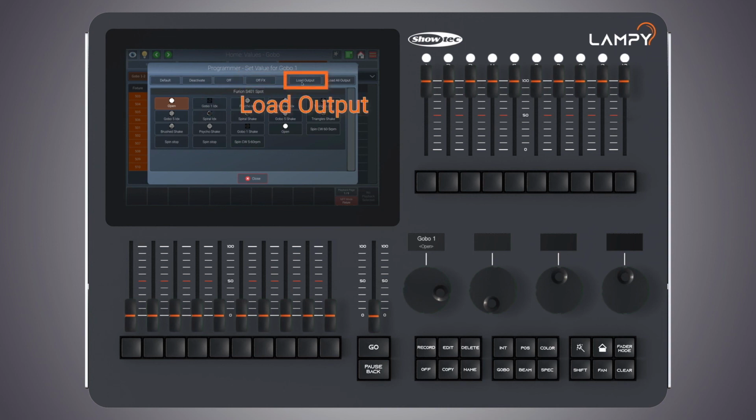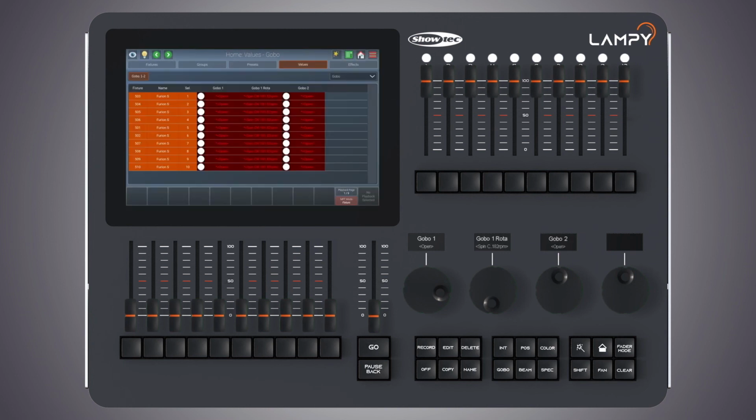There's a Load Output button, which will load the current output for this attribute, and there is a Load All Output button, which will load all attributes for this fixture into the programmer. Please note that these load functions will load the current output without any effects.